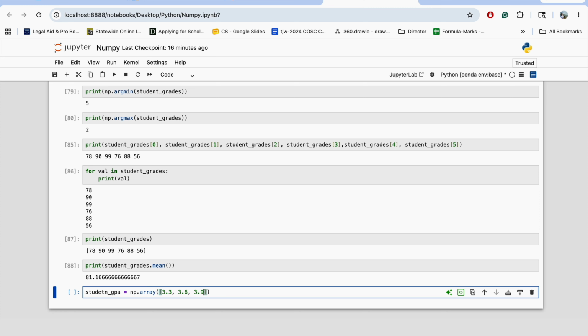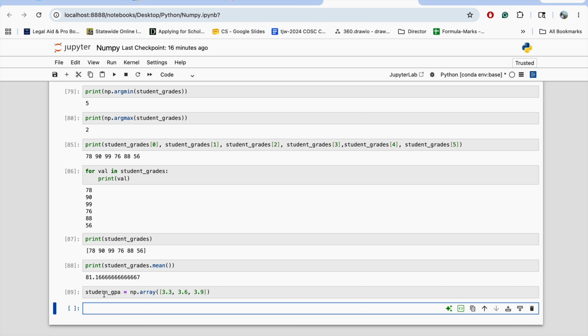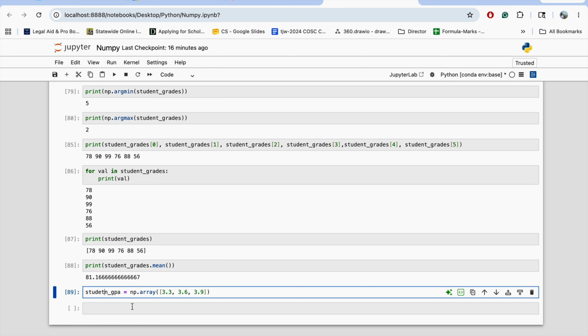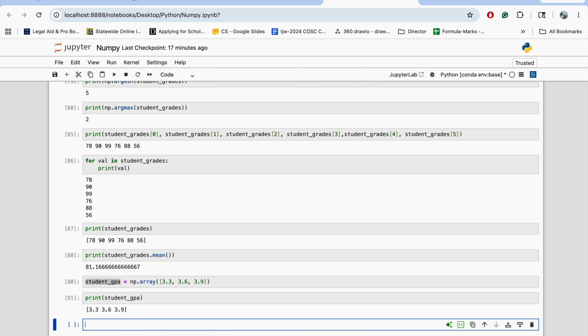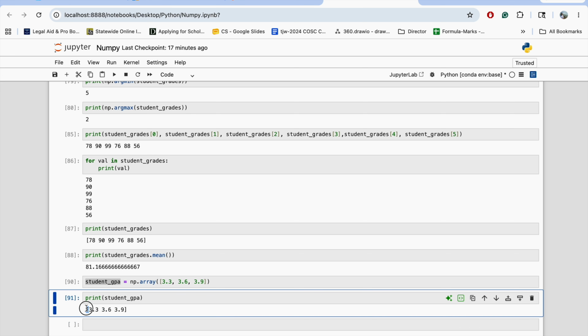How many students do we have? 1, 2, and 3. I have a typo here, student GPA, and if you print it out, you will again see that